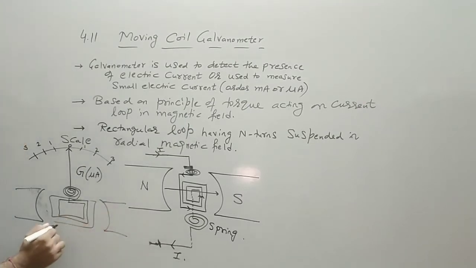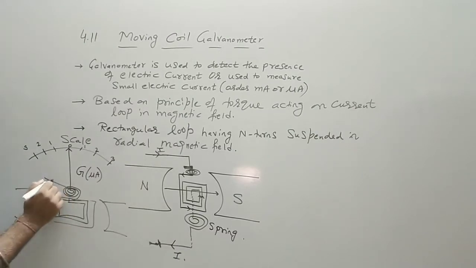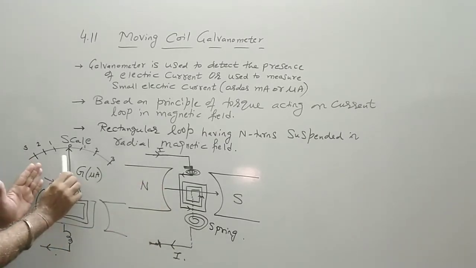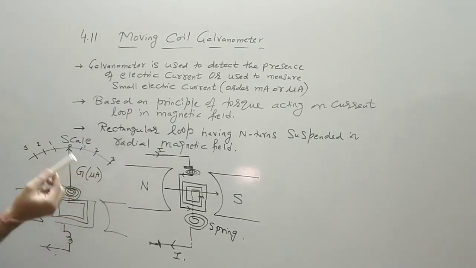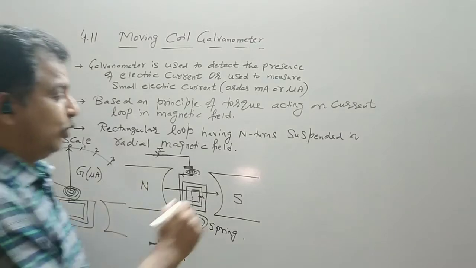So like this the current starts, and from this one end the current enters, and from the other end the current comes out. So this is how the galvanometer is constructed. Now as soon as the current starts flowing in it, the torque will act, and depending upon the magnitude of the current, this coil is deflected. So if 1 microampere of current is flowing through this coil, the pointer, this is our pointer, will deflect to 1 or 2 micro, 3 micro, like that. More is the current, more is the deflection.